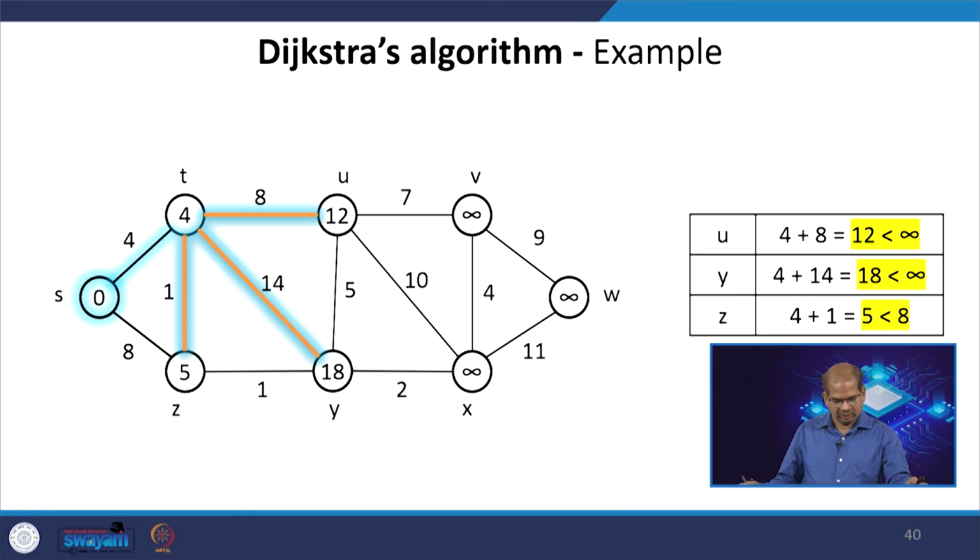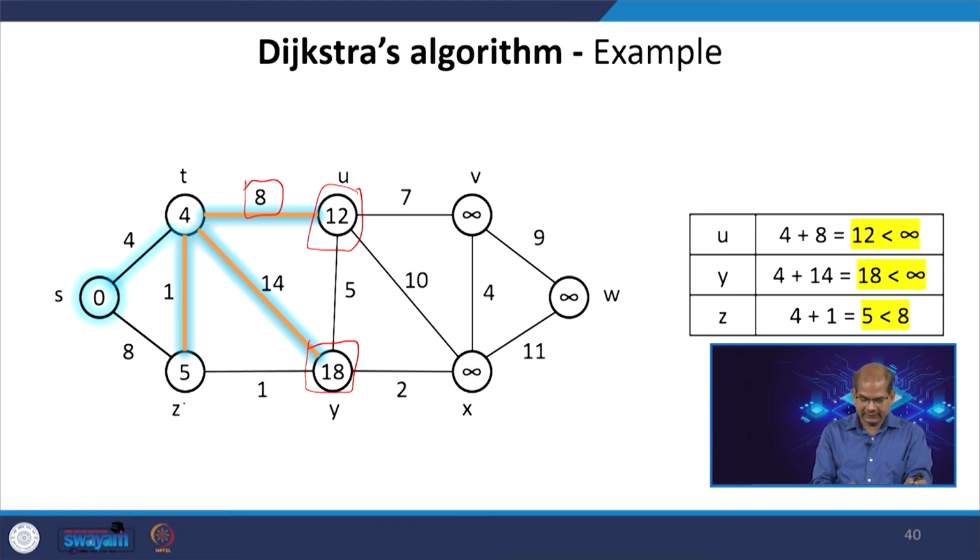So, now after Z is 5, now I have T has other paths also. So, from T earlier it is this node weight is 8. So, this will be 4 plus 8 is 12, okay. This is 12, then 4 plus 14 it is basically 18, okay. So, here there is a very interesting point will come. If you can see here